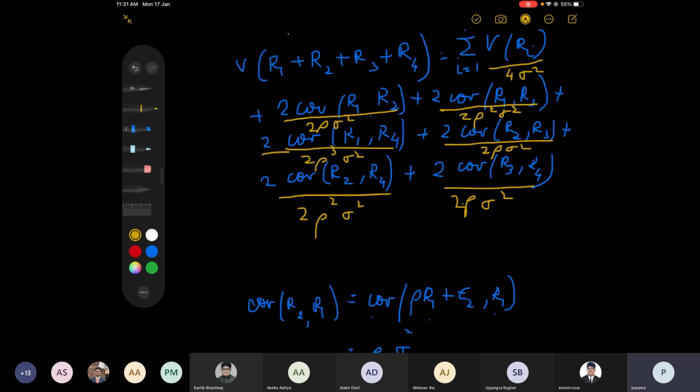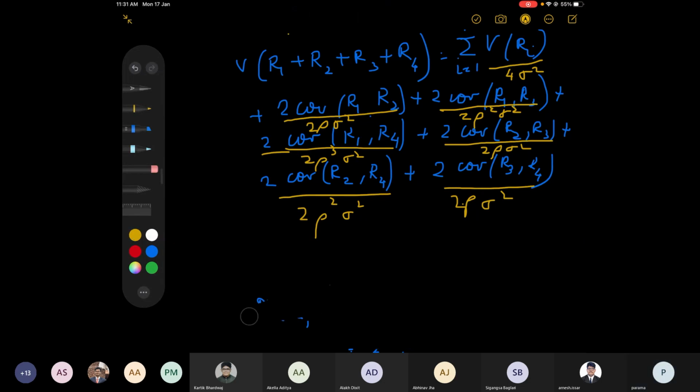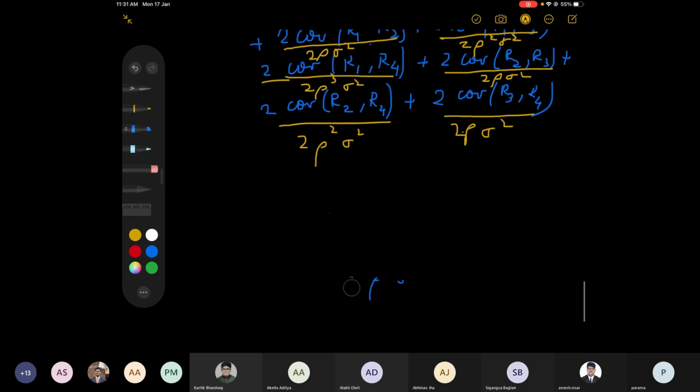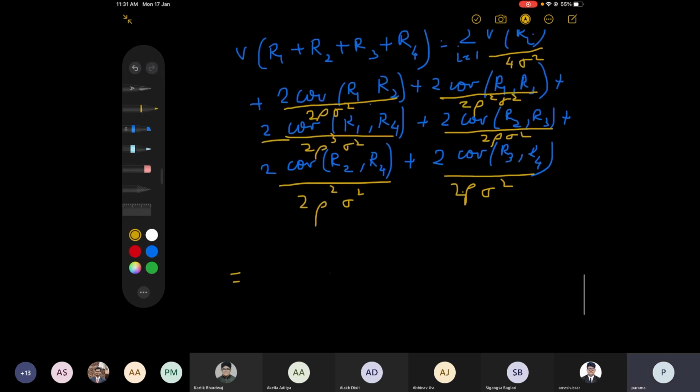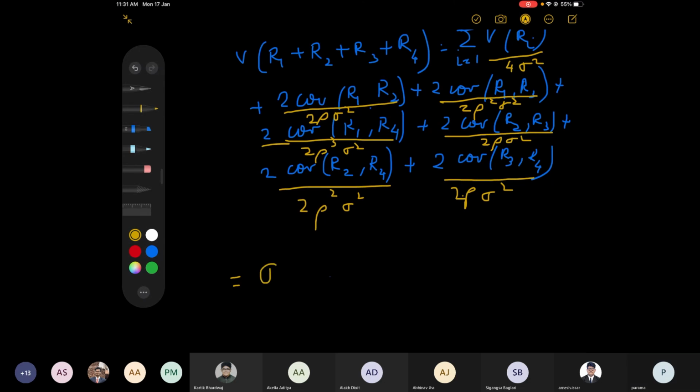So now if we can take common, you will notice that this will be equal to, if I take sigma square out, then this is 4 plus 2 into how many